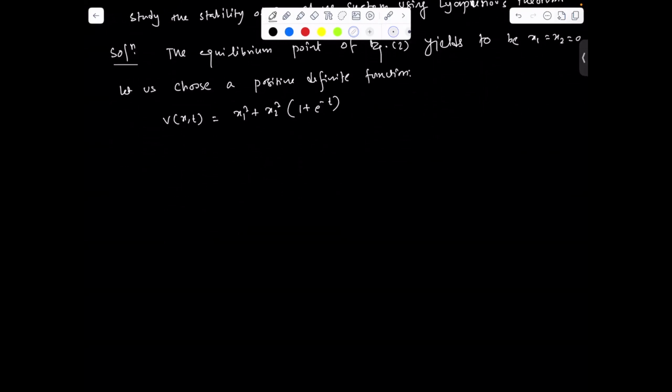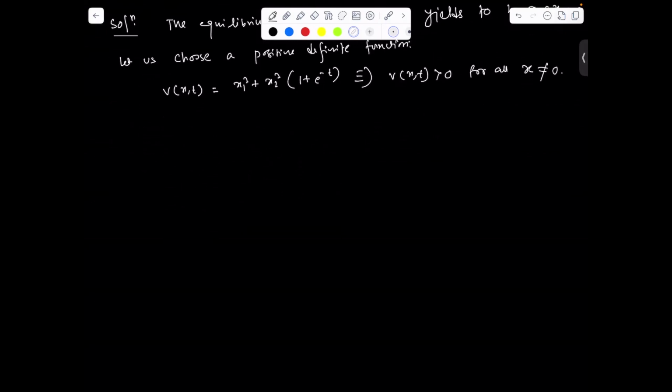Now from this function, we can easily see that V(x,t) is always 0 for all x not equal to 0. Now we'll find the derivative of this function. For that, we can use dV/dt, which is nothing but V dot (x,t), we can write